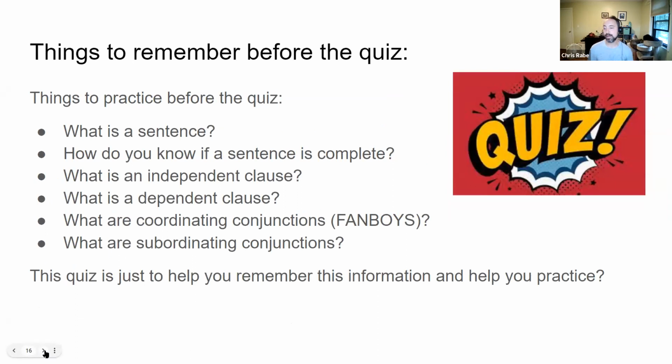Okay, so that was my mini lesson. And things you should think about before you take the quiz or while you're taking the quiz. You can use this mini lecture to take the quiz: what is a sentence? How do you know if a sentence is complete? What is an independent clause or a dependent clause? And what are coordinating and subordinating conjunctions? So I hope you just realized the quiz is a Google form and it's just there to help you remember